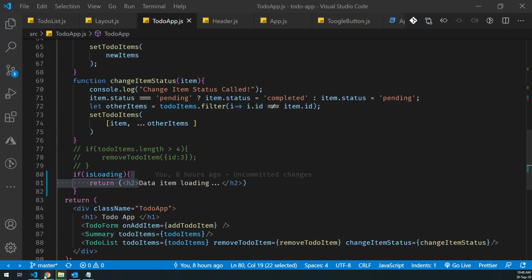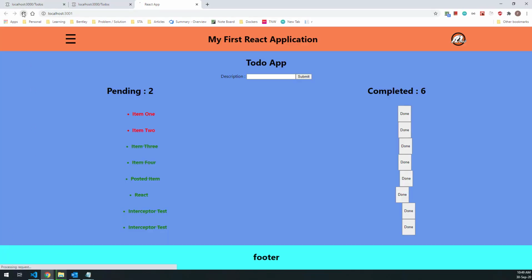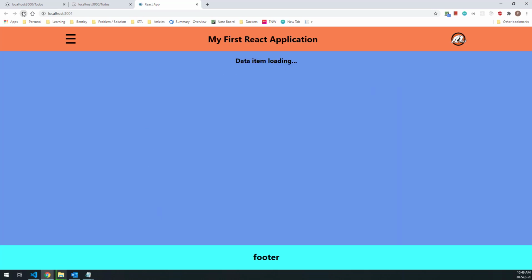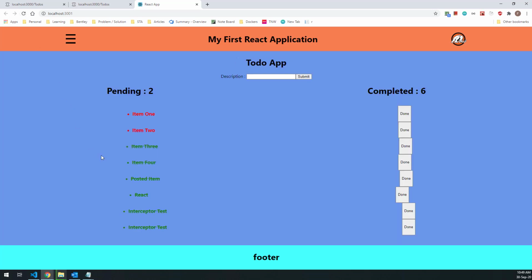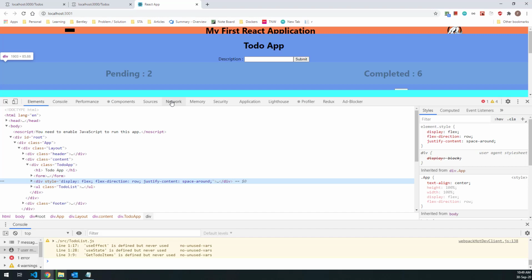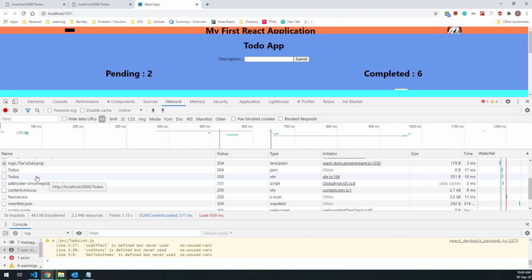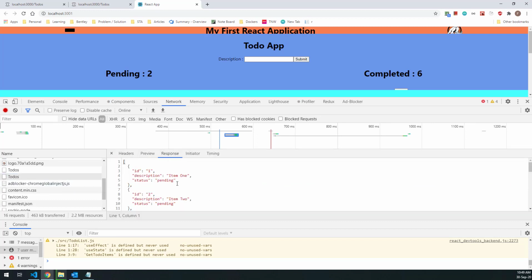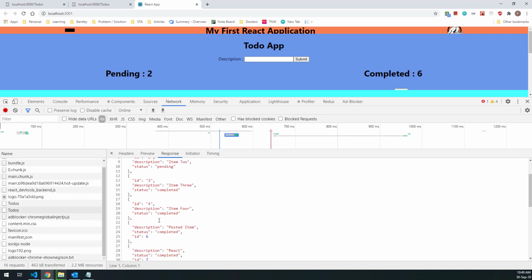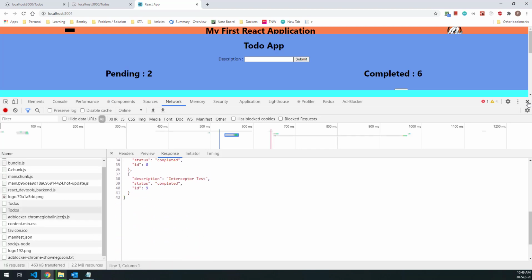If we go to localhost 3000 where our application is running, we can see all these things in action. So if I reload, for a very short period of time, we see the loading text over here. And once the data is available, that loading text disappears. Next, we are getting this data from the backend API. If we inspect and go to the network tab and reload, we will see that here we'll have this to-do request. And the response of this request is the data that we are getting from our backend API. And this is the data that we are showing on our UI.